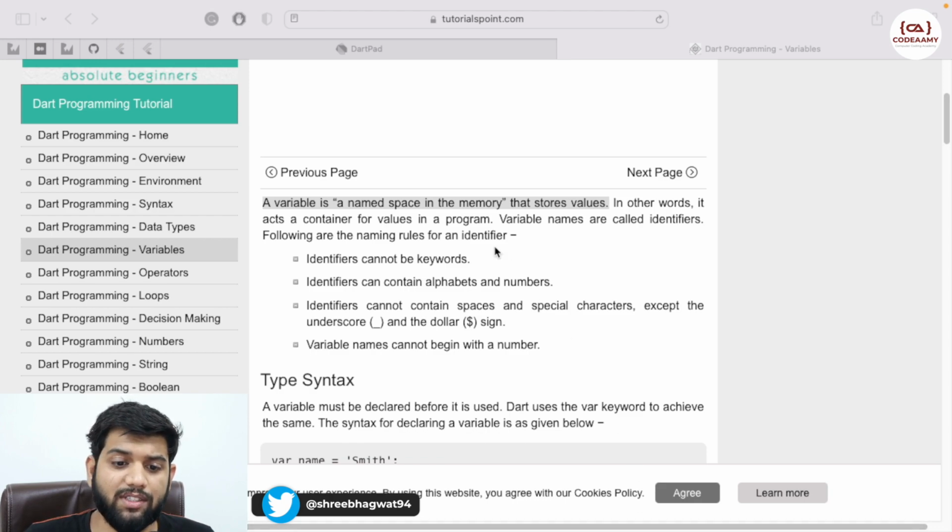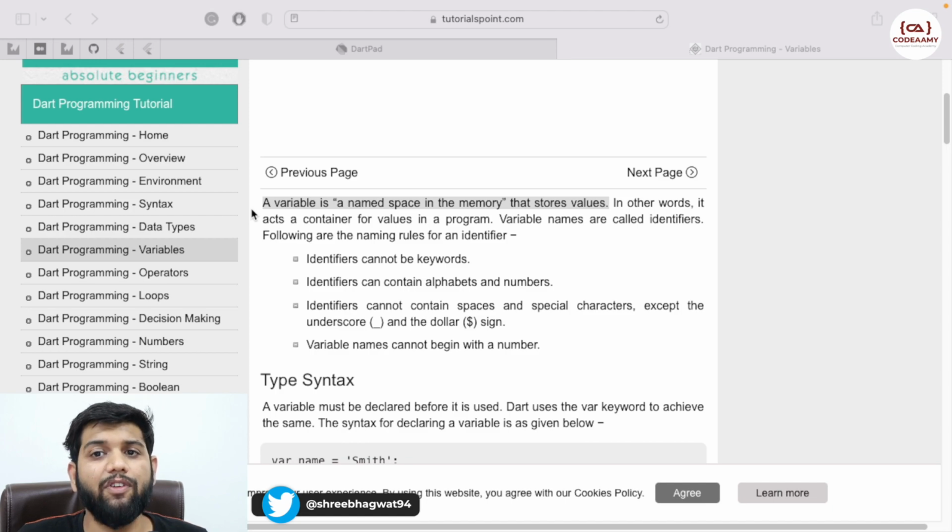On the screen you can see a definition: a variable is a named space in the memory that stores a value. First of all, it is a space in memory which stores a value and which has a name.